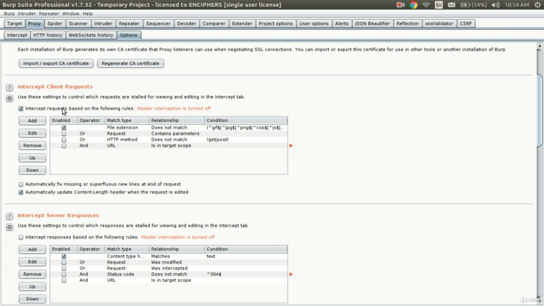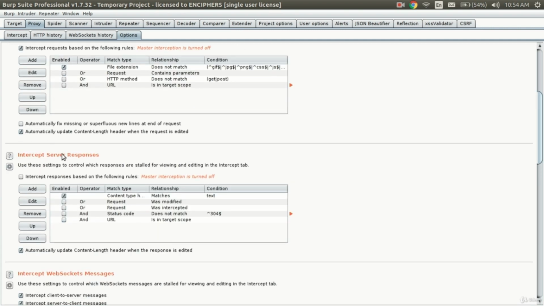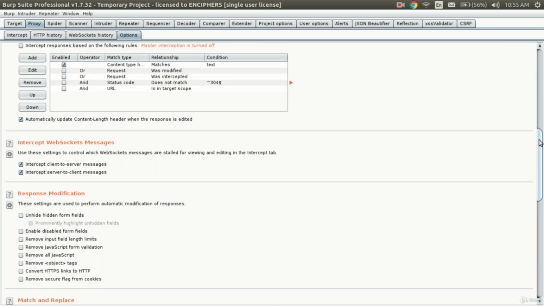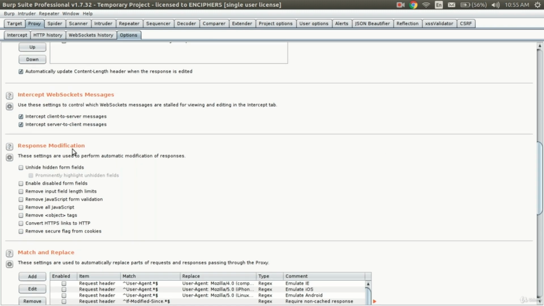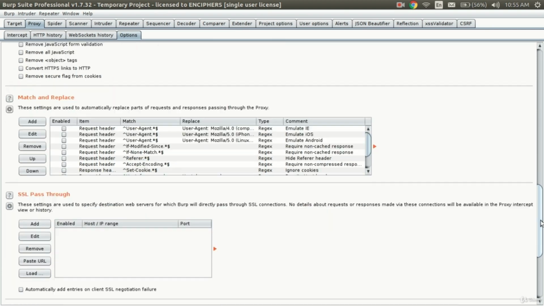Like, intercept requests based on the following rules. You can start intercepting using these rules, and there is also an option to intercept the server responses. There is also response modification, intercept WebSocket messages, and match and replace.